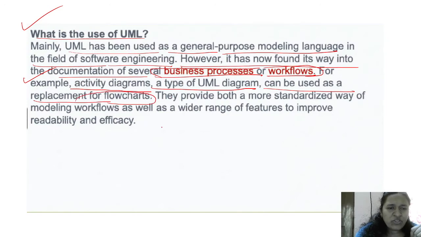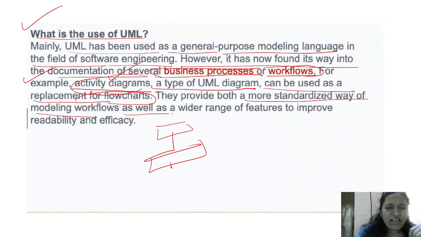We know flowcharts, right? How the program is working, we show with flowcharts. Nowadays we use activity diagrams. They provide both a more standardized way of modeling workflows as well as a wider range of features to improve readability and efficacy.